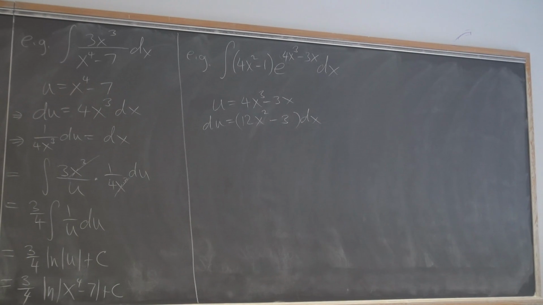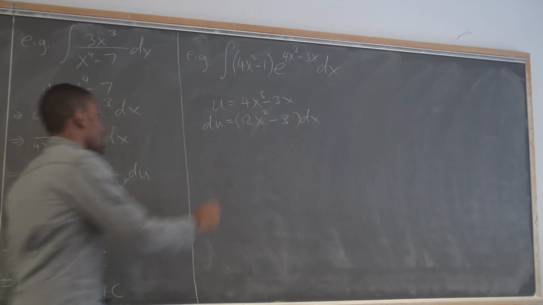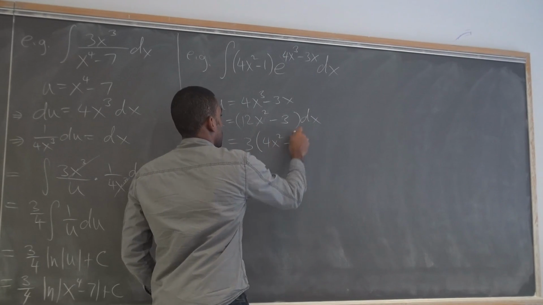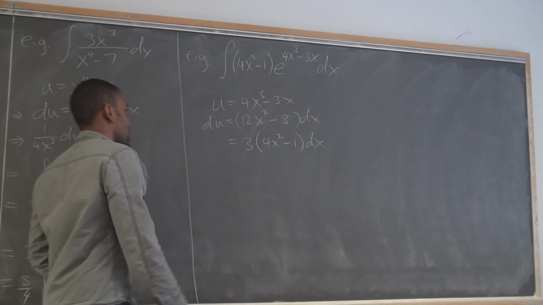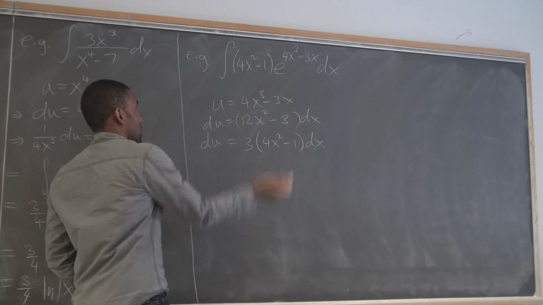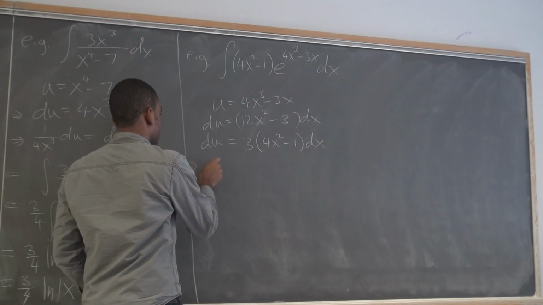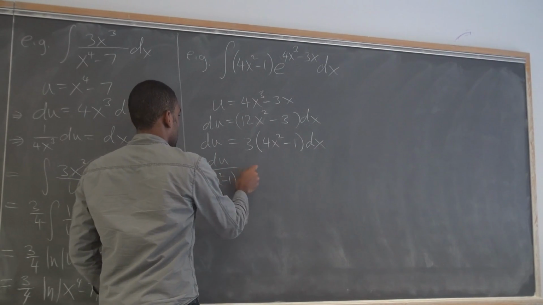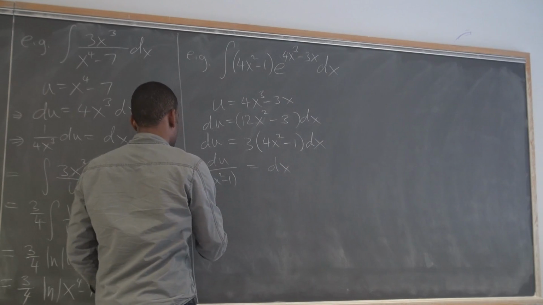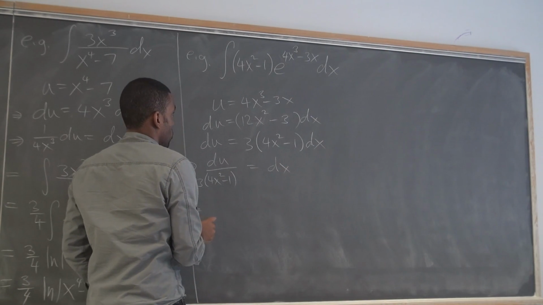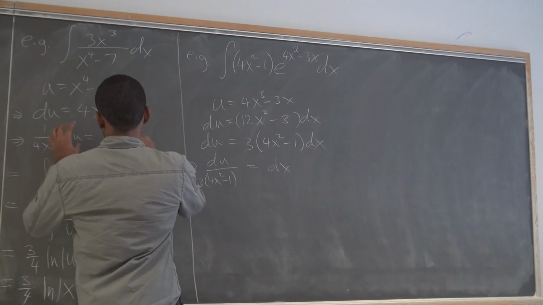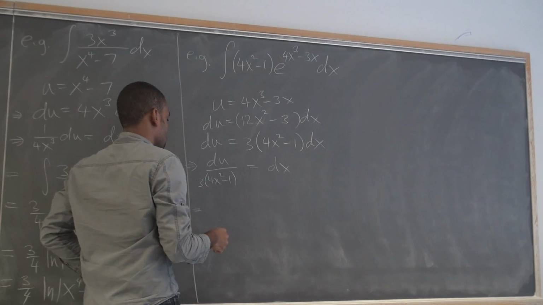Yeah, you can get rid of the x. You can take out 3, right? 3 is a common term. I can factor out a 3, and I'd be left with 4x squared minus 1. And then you can do your little division maneuver if you like it that way. What's the other way of doing it? Well, this is sort of like just plugging it in directly from here. You didn't have to do the extra stuff, but